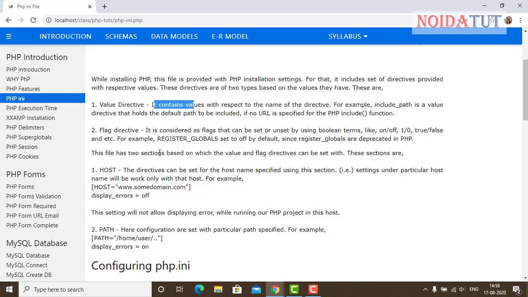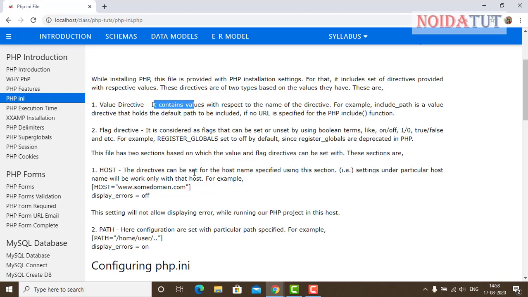The file has two sections based on which the value and the flag directives can be set. These sections are host.